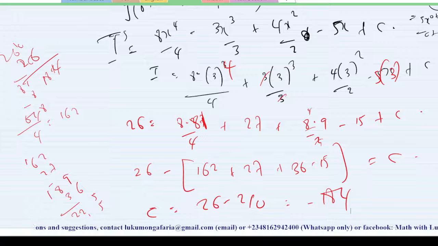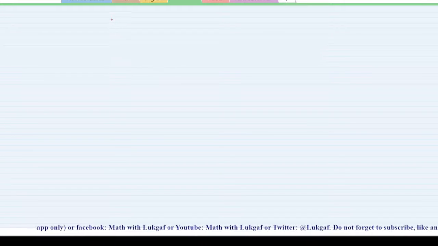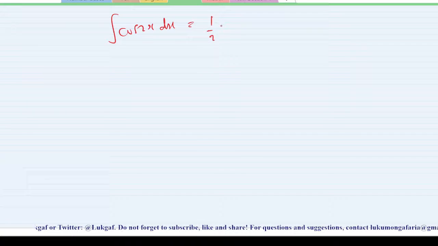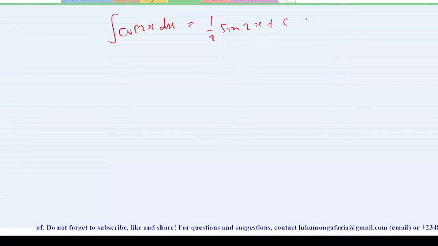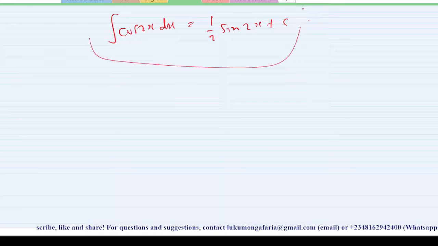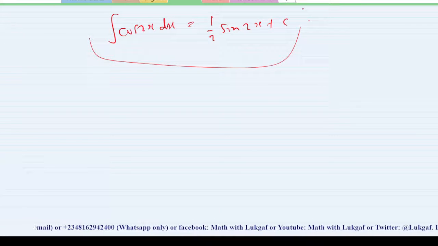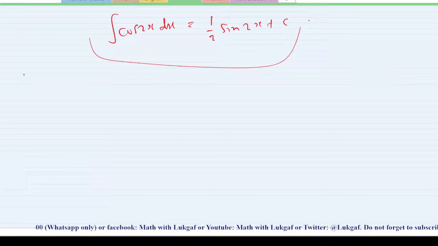In one of the previous videos, I gave you some of the standard integrals. Some of them is when you have the integral of cos 2x with respect to x. I said it's going to be what? If you recall, 1 over 2 sine 2x plus c. How did we obtain this? You could easily find the value of this using a u-substitution approach, which is what you are going to do now. Let me give you an example to back it up.